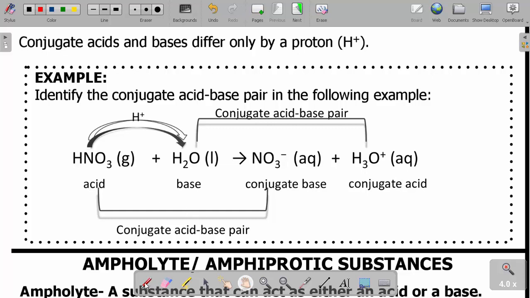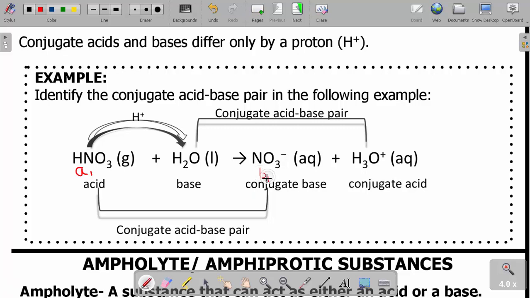It is our first acid because it has done what? Donated the proton. So this is our acid A1, because according to Bronsted-Lowry, it has donated the proton. Then after the acid donates a proton, whatever is left is called what? It is called the conjugate base. So this is acid A1, and this is our conjugate base B1, because it has remained after the acid has donated